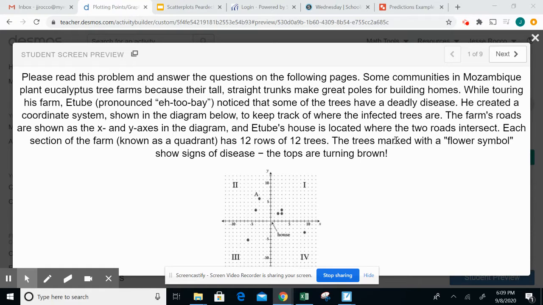Hey y'all, just wanted to quickly check in on the Desmos thing, make sure everybody was aware of what I'm asking you. There's a lot of words right up front, and also just a couple things that might be confusing to you. So,